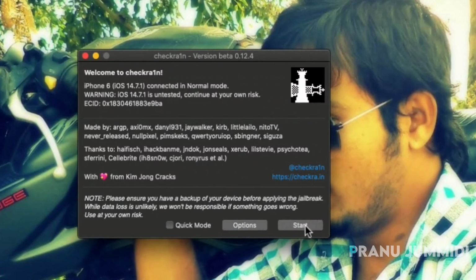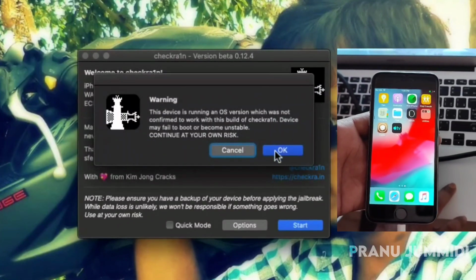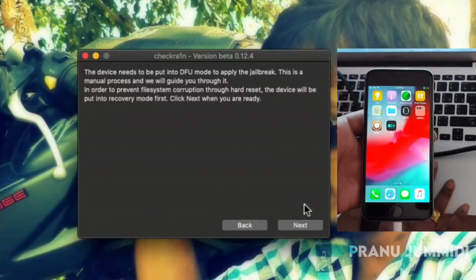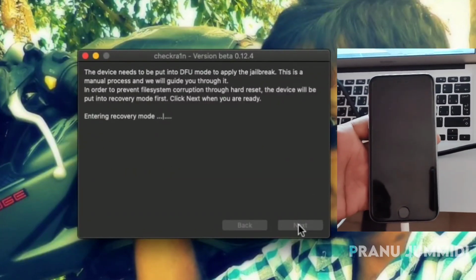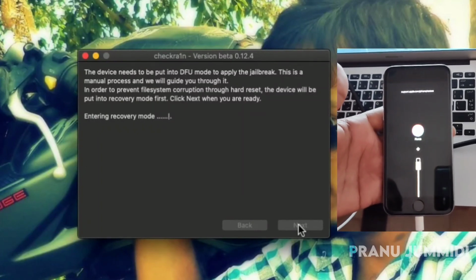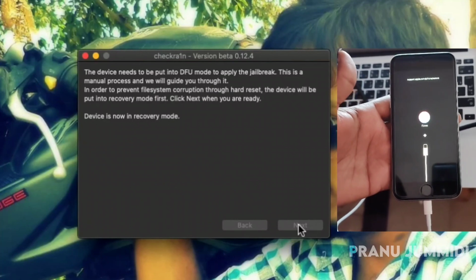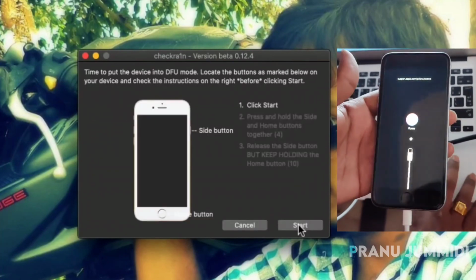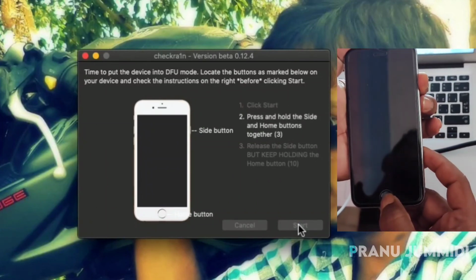Next, click on the start button. Next, click on the next button. After that, it automatically enters recovery mode. In this case, you have to press the start button and press the power and home keys at the same time.